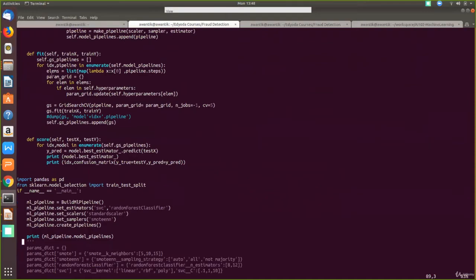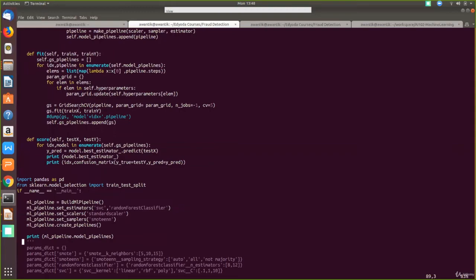And this is the parameter grid, right? So this is the grid search dictionary. All the configuration that is required for the pipeline, I'm updating in this dictionary. If you want to combine dictionaries together, this is what you do, updating the dictionary. Once this is done, your parameter grid is ready for that pipeline.